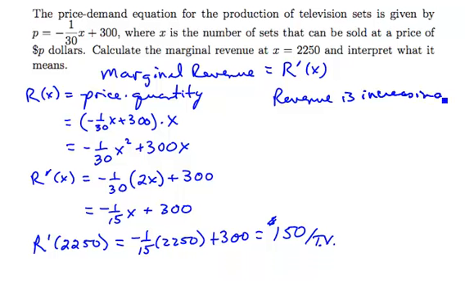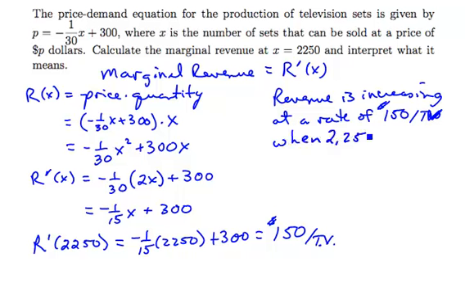Another interpretation of this would be to talk about what would happen if I changed production. If I increased to 2,251, the total revenue should go up by approximately $150. So the revenue for 2,251 would be approximately equal to $150 more than